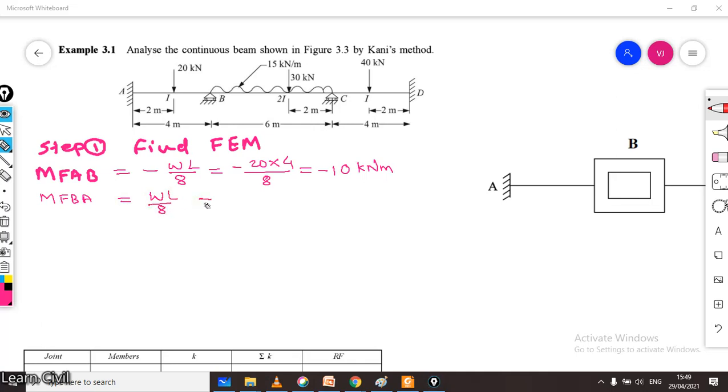This will be plus. So this is equal to 20 into 4 divided by 8. So it is equal to 10 kilonewton meter. Similarly,